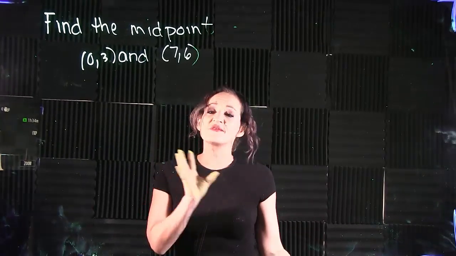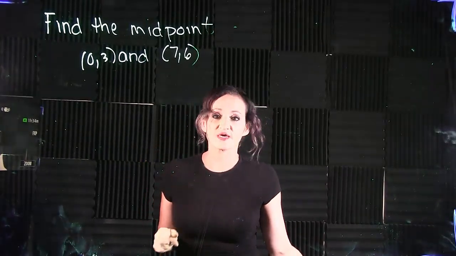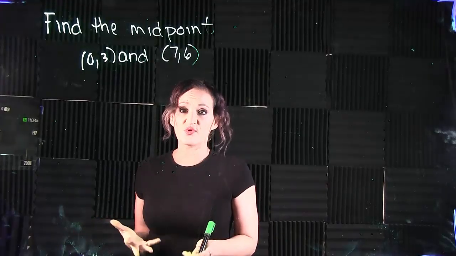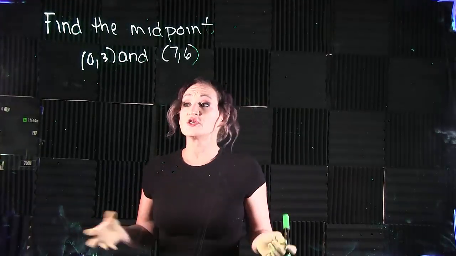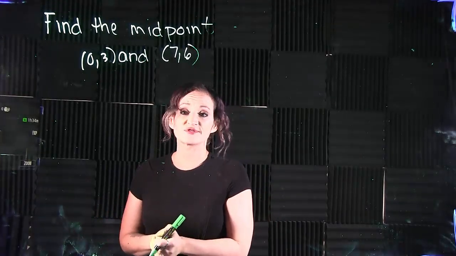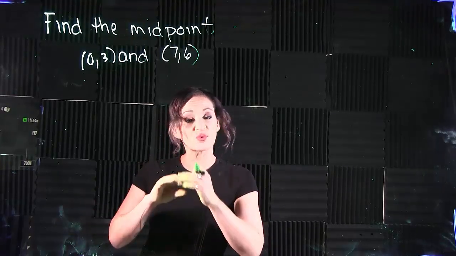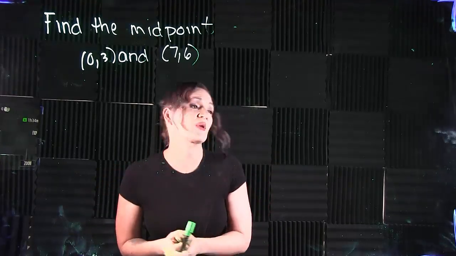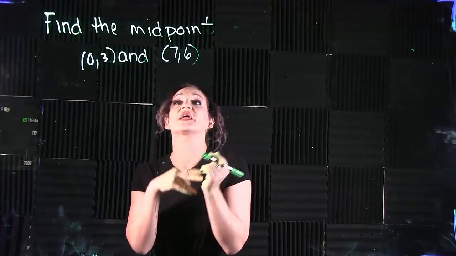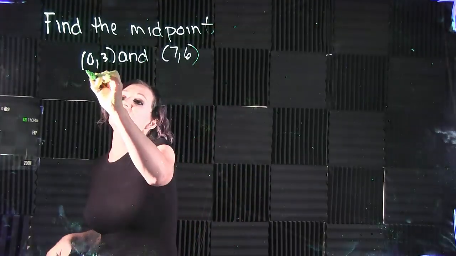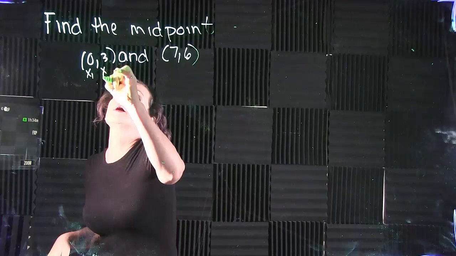Let's find the midpoint of the following 2 points here. So when we find the midpoint of 2 points, it's very, very similar to taking the average of numbers. When we take the average of a set of numbers, we add up those numbers, divide by how many we have. Well, the way that we take the midpoint here of these, so I'm going to label these x1, y1,